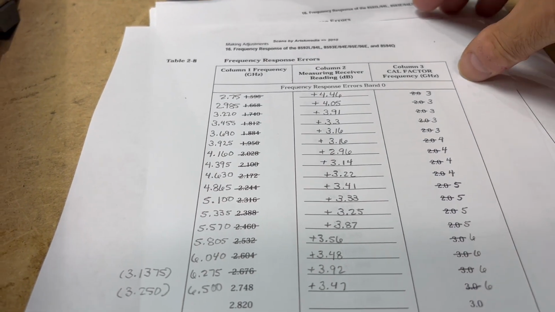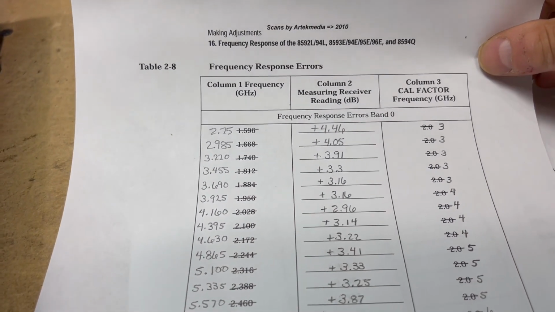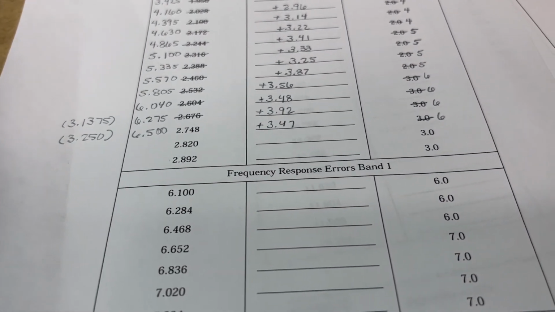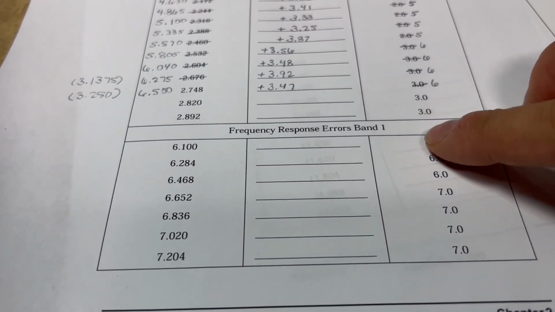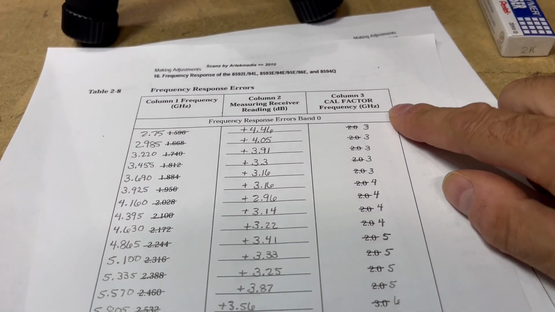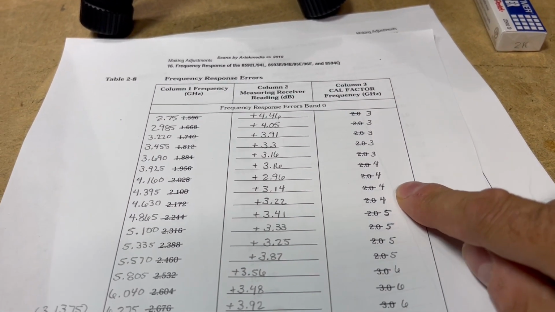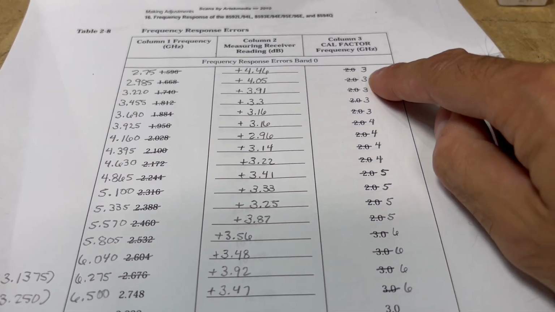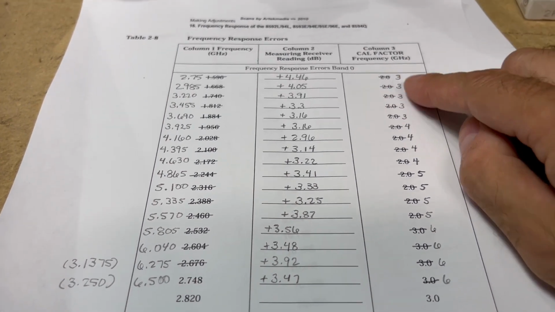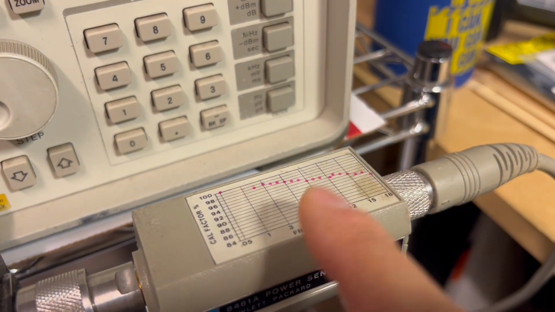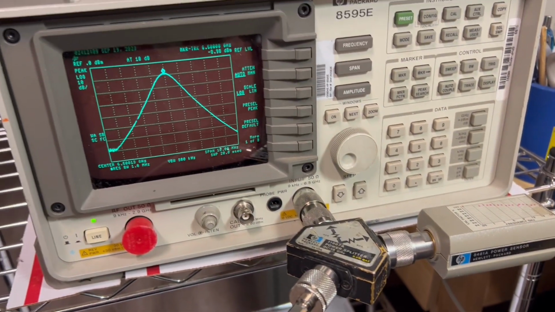And like I said, I'm just reusing this column here for the band 0, because they didn't give us a correct band 1 table. Also, these are the correction constants, or the correction factors, applied to the power sensor as we moved up the frequency range, applying those corrections for the power sensor, and that's on the chart there. So next thing I'm going to do is